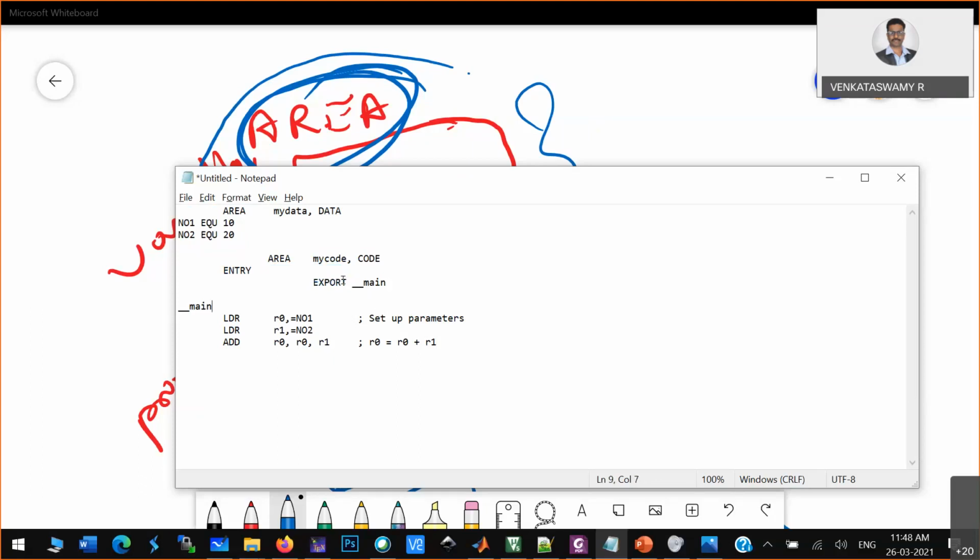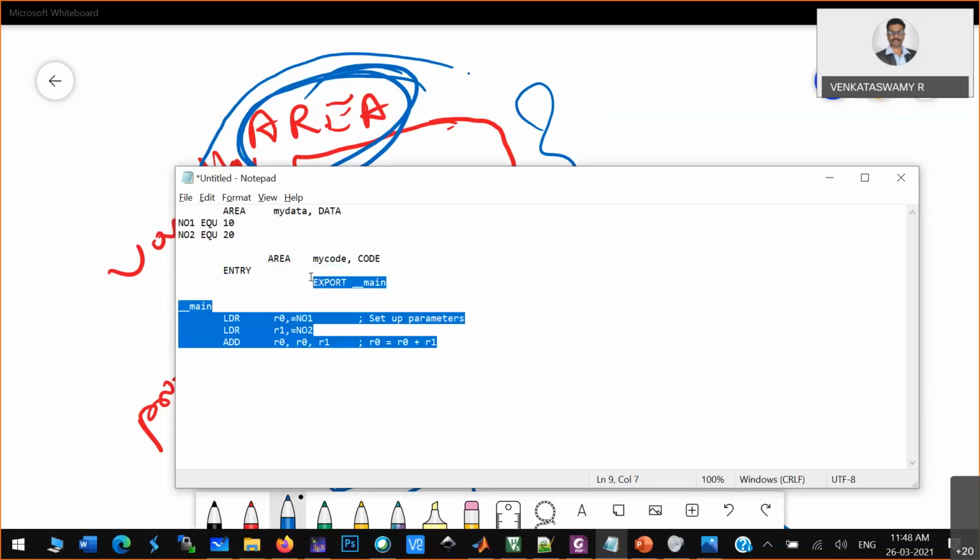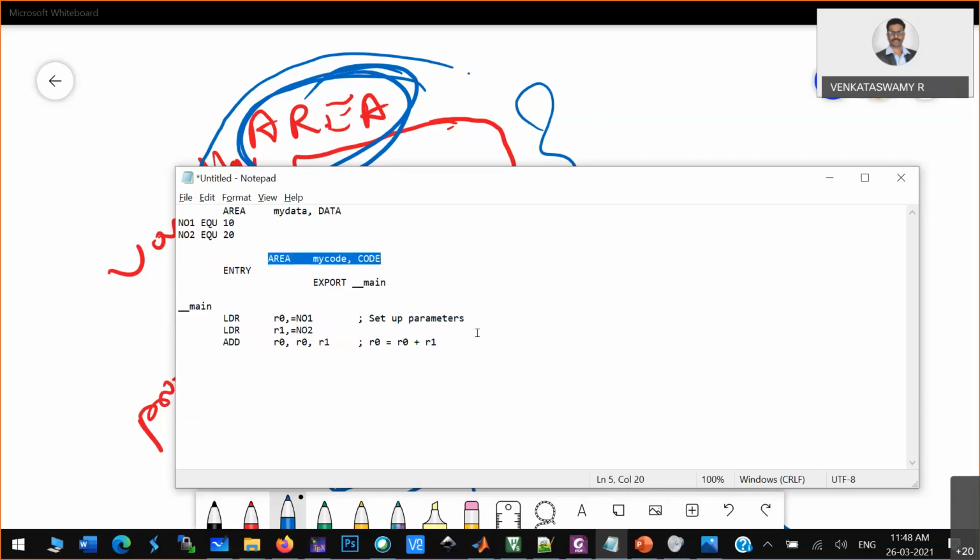We are using the export keyword and linking the main program. The main program is here, so all of your application comes under the entry block, which comes under the code block. Now you see the way a variable is used in your application. You just have to use one more command like move, which is the load command. LDR means load register, which is equal to the move instruction.